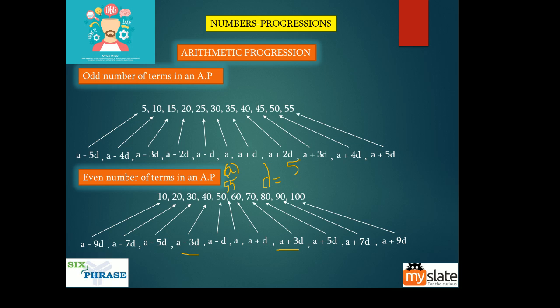This is for odd number of terms and even number of terms, not for odd numbers and even numbers. Here there are 10 terms, so this has an even number of terms, and we'll have to represent it using this way only. Here we have 11 terms, so we have an odd number of terms, and we can represent it only using this way. I promised I'll tell you the reason why we represent it this way, so I'll tell you that.